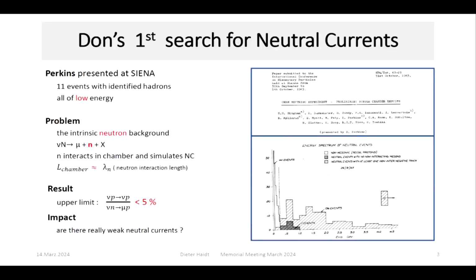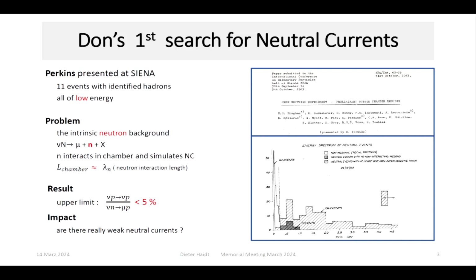He made the first analysis of neutral currents, and he had observed 11 events with identified hadrons in the final state. You can see here in the black part. It was immediately clear what the real problem is. You have to show that these events are not background. Now, in the neutrino experiment, neutrons are an automatic background because the neutron is generated in the neutrino interaction, and then if it enters the chamber, it has the same topology as a neutral current event. Unfortunately, the dimensions of the chamber are of the same order as the interaction lengths of neutrons, so it was extremely difficult to make any